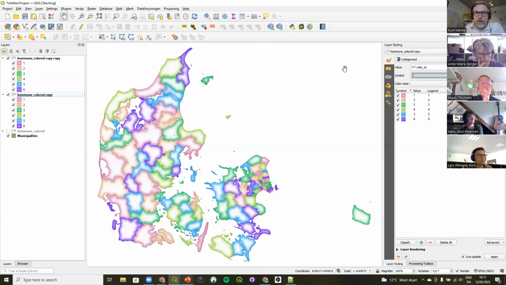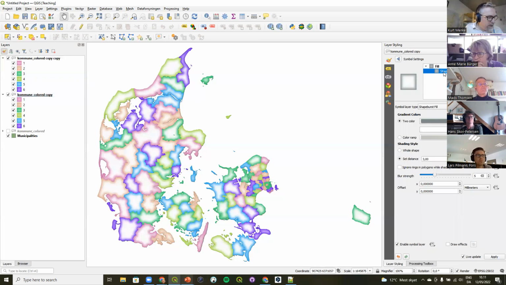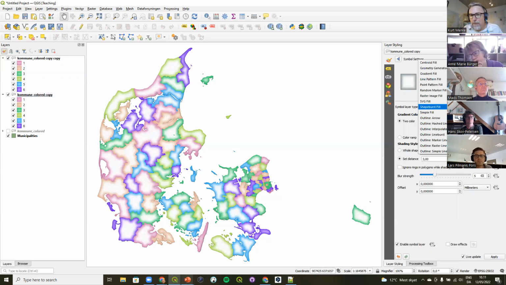So here I'm going to change this. I'm going to select the shape burst fill component, and I'm going to make this an outline marker line. So another one of these options you have in symbol layer type are these various outline settings, which will just create polygon outlines. And if we use a marker line,